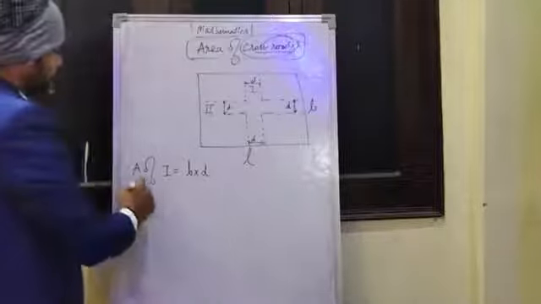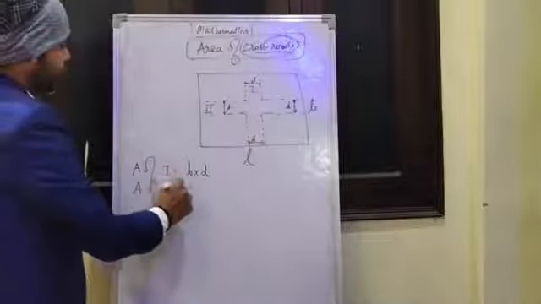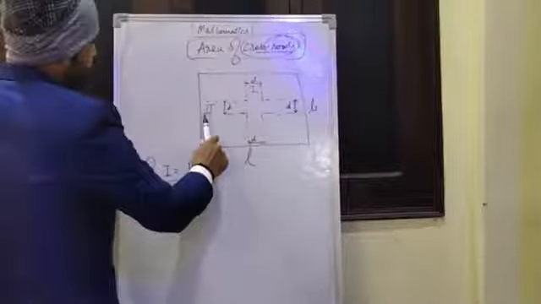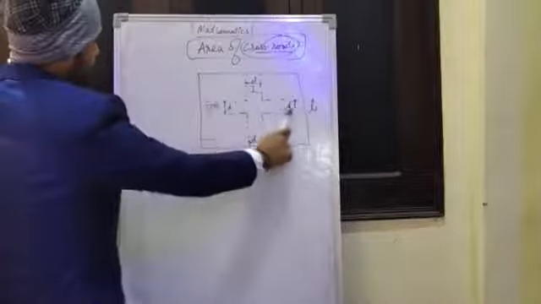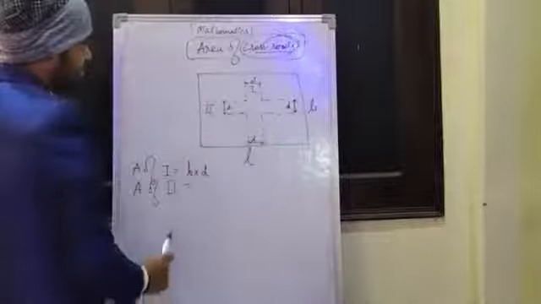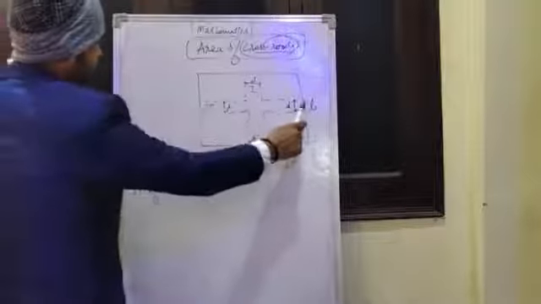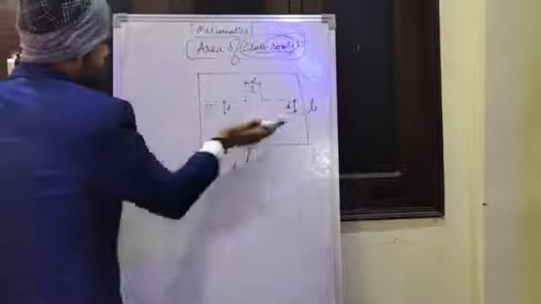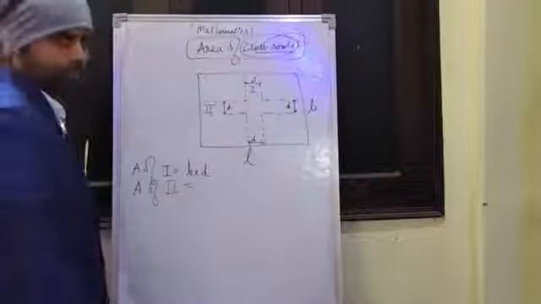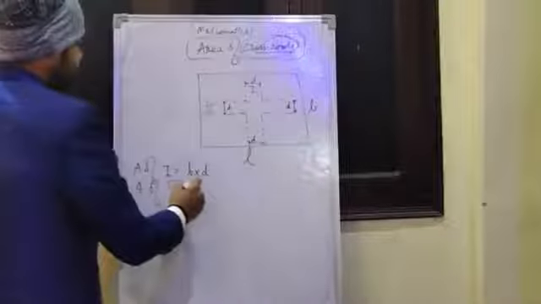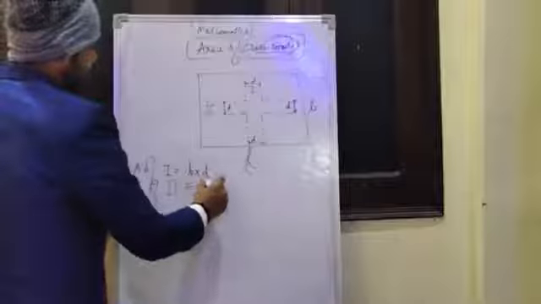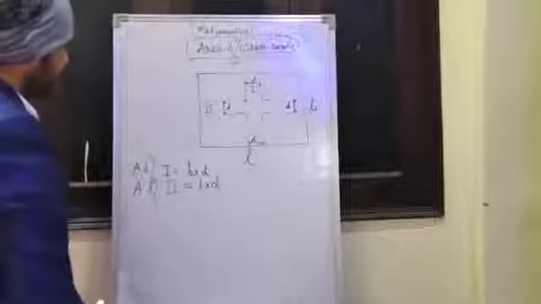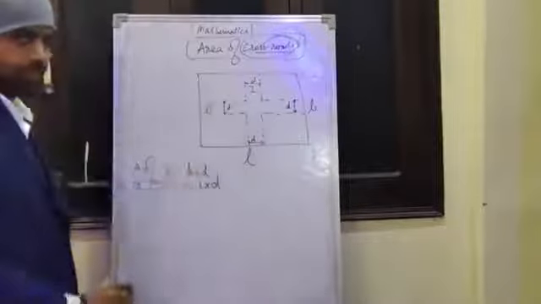Similarly, we can find out the area of road 2. Here you can see that the breadth of this rectangular path is D throughout. But what would be the length of this rectangular path? It will be equal to L, because this length is running parallel to the length of the garden. So the length is L, and the breadth is always D here, so length into breadth. I hope the area for the first part and second part is clear to you.